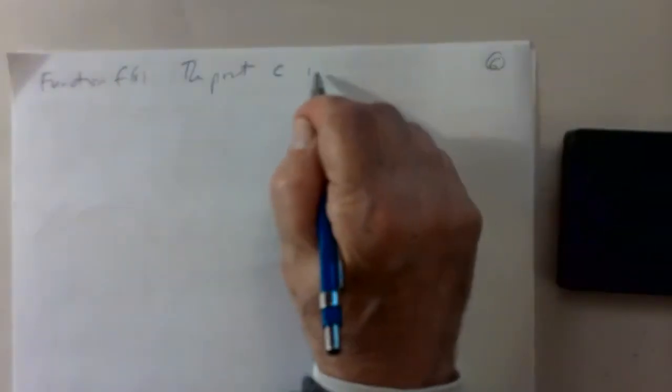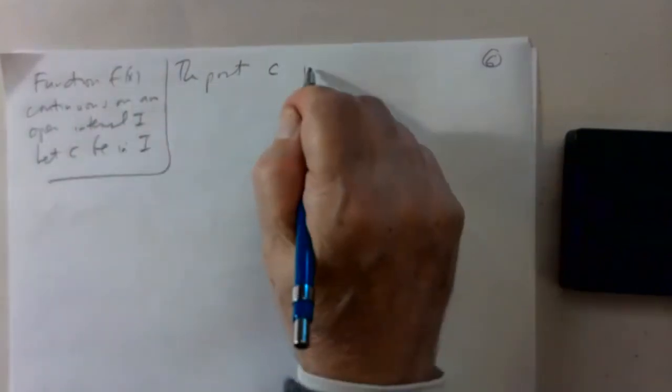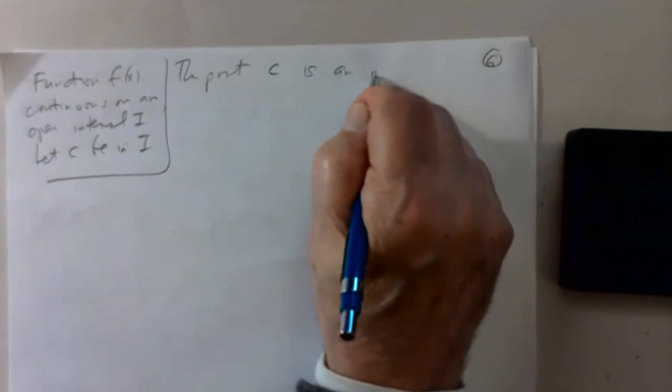Thank you. The point C. So we have a function which is continuous and differentiable on an open interval I, and let C be a point in this interval. So the point C is called an inflection point